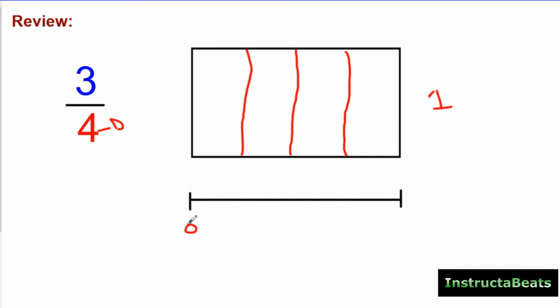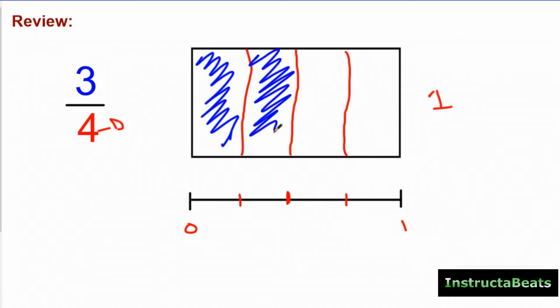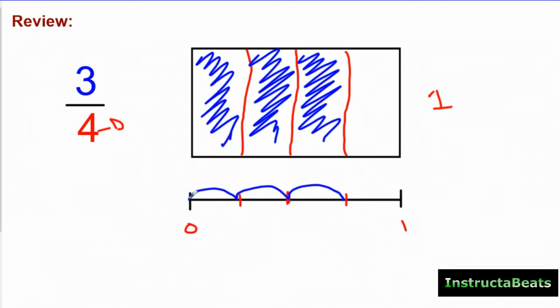I'm going to make sure I do the same thing for my number line. This number line is equal to 1 whole. And just like I split the area model, I'm going to split it into half, split each of those into halves, split this part into half, and now I have 4 equal groups. And now I know my numerator was 3, which tells me I need to shade in 3 of these pieces. Now, I'm going to do the same thing on the number line. I start at 0, and I'm going to count over 1 space, 2 spaces, 3 spaces,